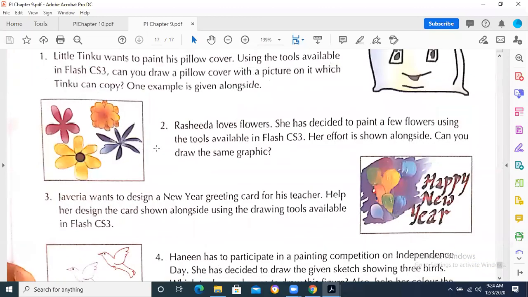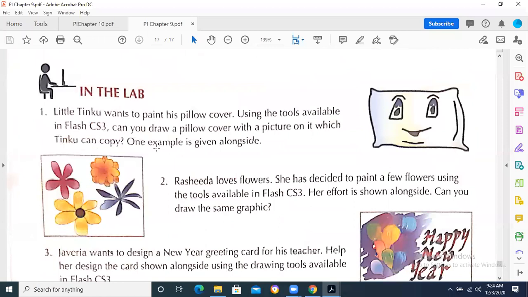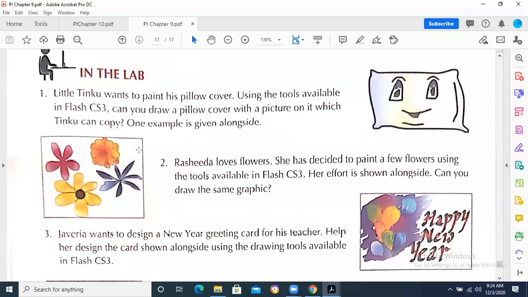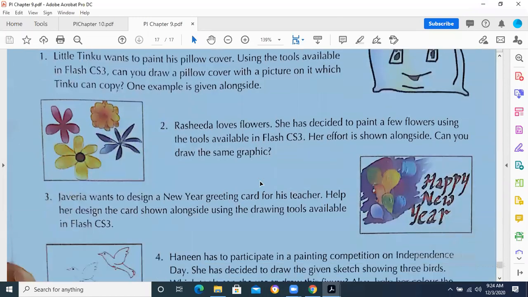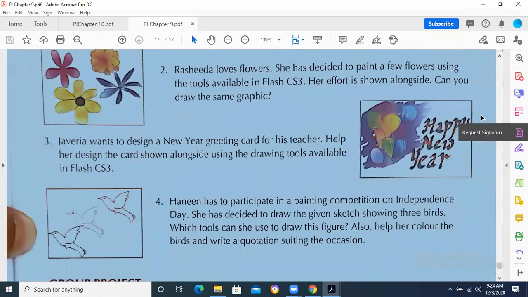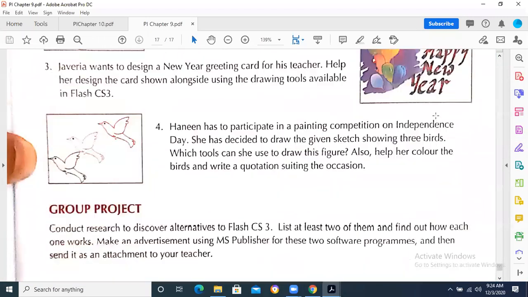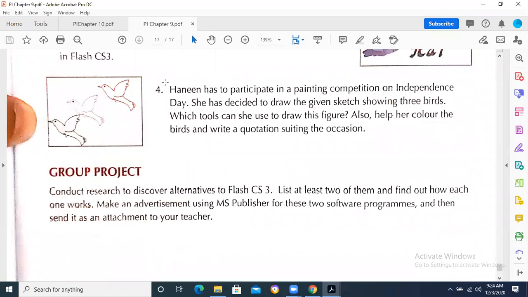So these were the activities, and these were quite interesting. And I asked you, you can design a number of things, just like lab activity number 1, pillow, and then these flowers. You can design a number of flowers, a bunch of flowers, and I told you how to make copies when you draw one. Similarly, we saw how we can draw the balloons of this kind of poster of Happy New Year. How we can make a freehand drawing, just like we draw one bird and we made copies of it, and we change different colors to it. So in this way we can draw the bird.